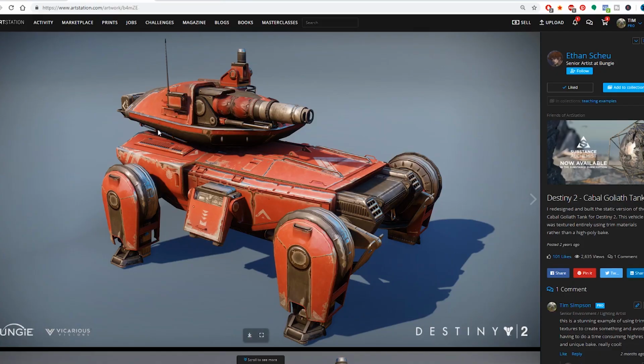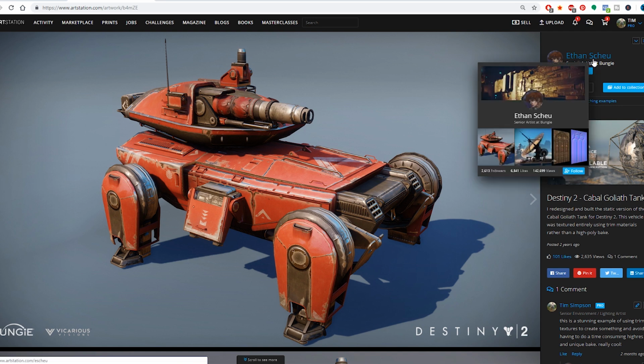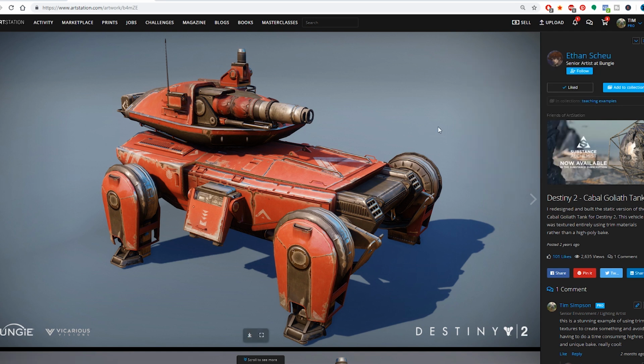Another example, and the first time I saw this one, I had no idea it was 100% made from trims, and that is some of the vehicles in Destiny 2. So Ethan Shu, again, sorry if your name's getting messed up. This is super incredible. It looks like a unique unwrap, baked from a high poly mesh. But if you look super carefully, you can start to see where the trims are used and reused, like this line here, these round pieces